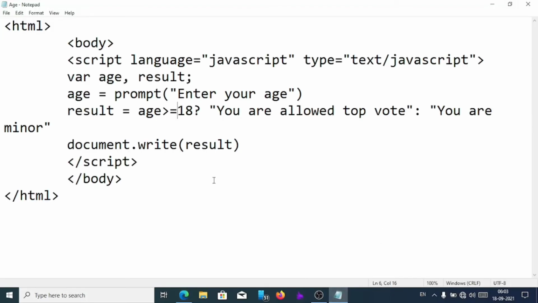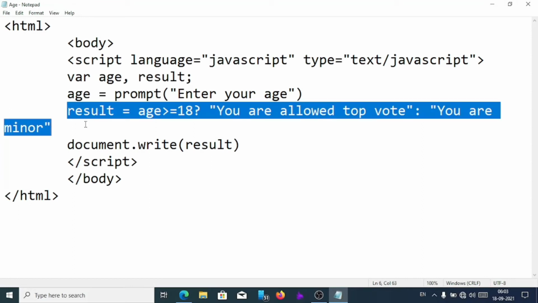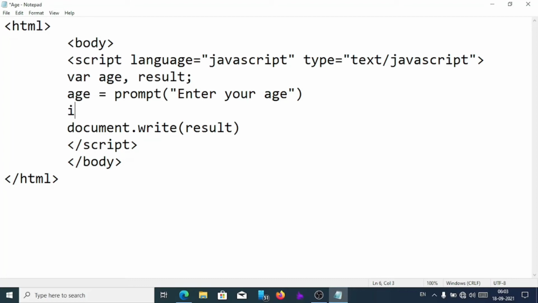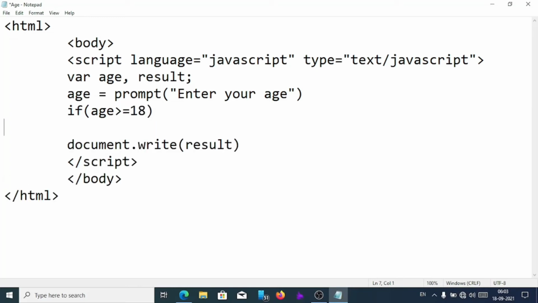Now suppose I have to convert this same program into if and else statement here. So what I will do, I will cut the conditional part, and here I will write if age greater than equal to 18.